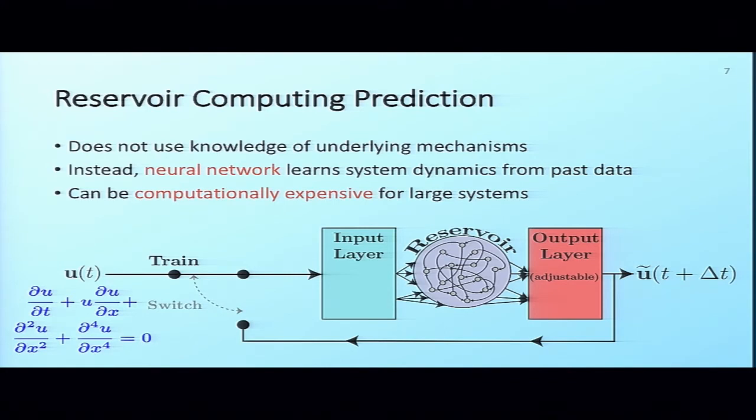The reason that this is able to work is because this reservoir essentially acts as a very high-dimensional dynamical system that is going to react in a fairly unique way given these different types of inputs. And we also have a lot of different parameters that we can tune in our output layer here to allow us to make this connection. Once we've done that, we can flip this switch right here into the prediction phase and allow this thing to loop back on itself and predict later in time.